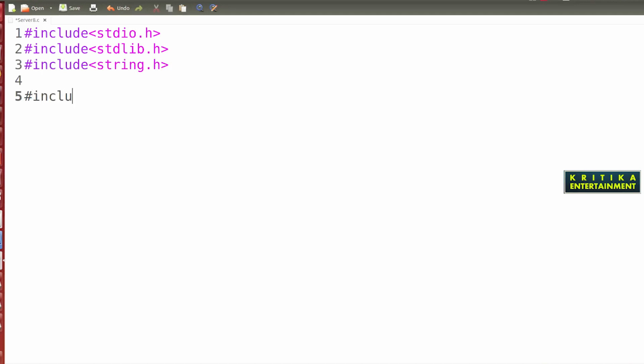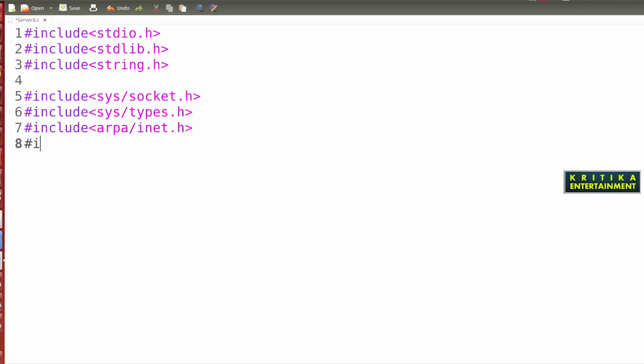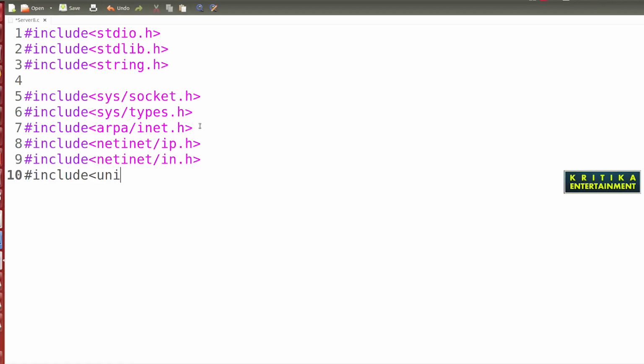Next I will declare all the header files for socket programming: #include sys/socket.h, then sys/types.h, then arpa/inet.h, then netinet/ip.h, then netinet/in.h, then unistd.h. Then we start int main.